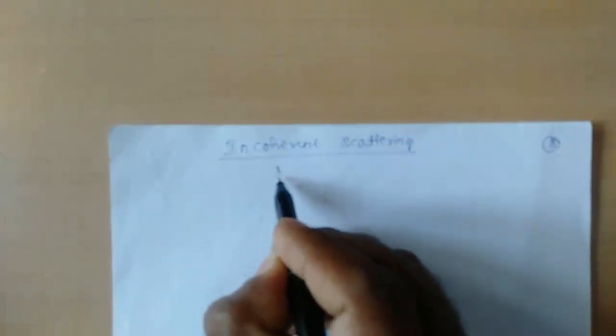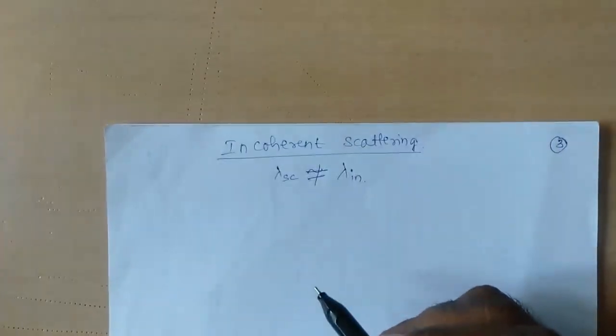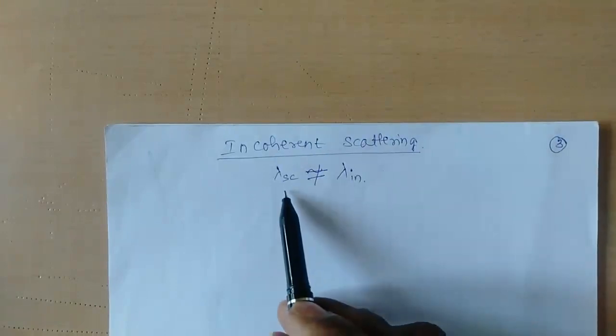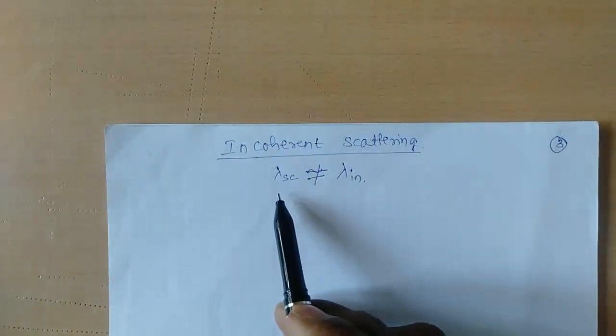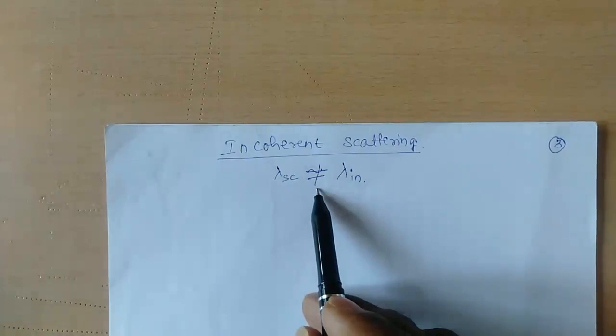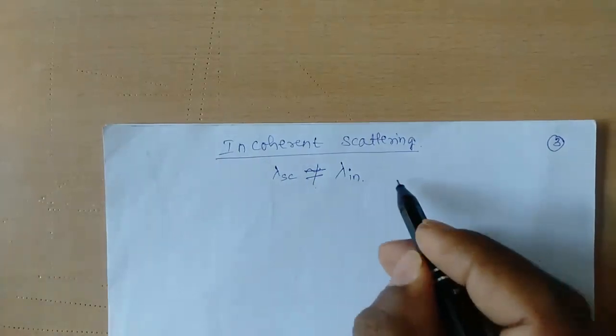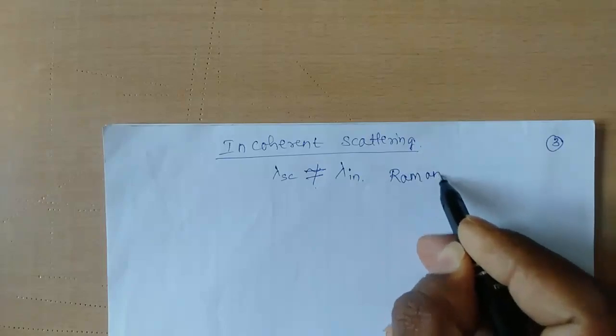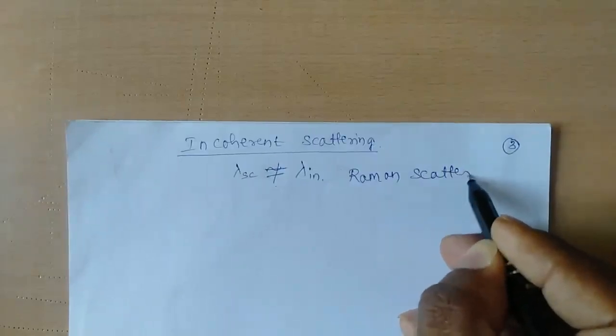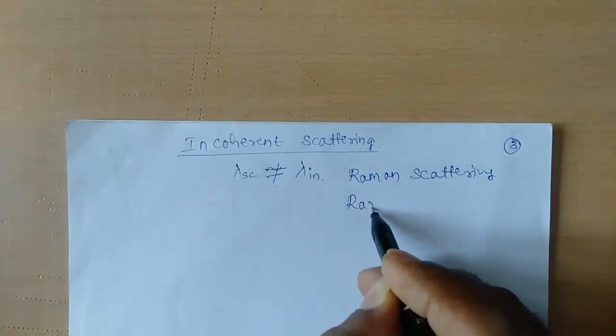Now let us continue with incoherent scattering. What do you mean by incoherent scattering? It is a type of scattering in which the wavelength of the scattered light is not the same as the wavelength of the incident light. The example is Raman scattering,